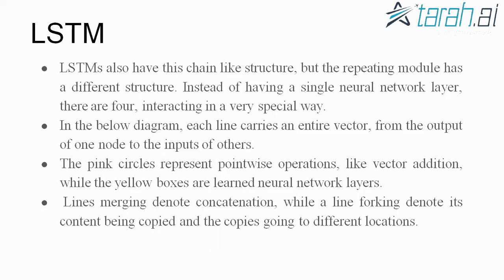These could be vector addition, and it could also be that there is a particular line which is going and is broken into 2. So there could be a line forking, which means the content is being copied into 2 different locations and at one time passed on to an activation function and another passed on to a gate. So if you see here,